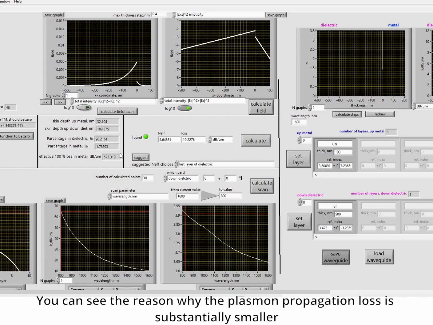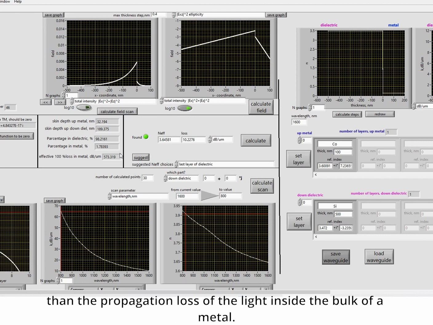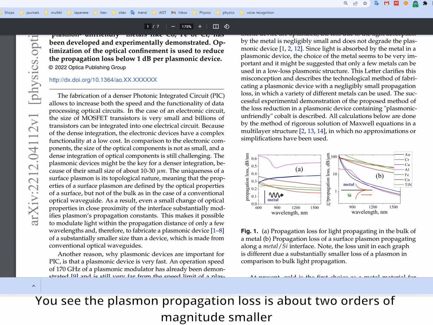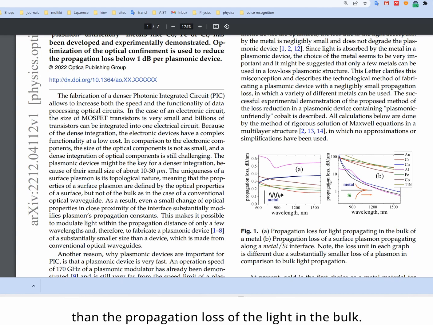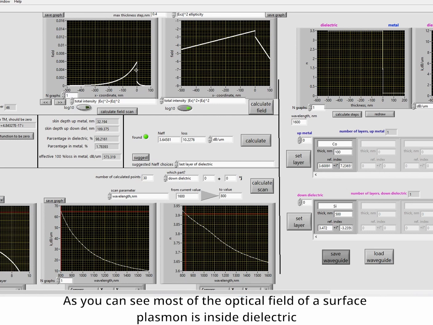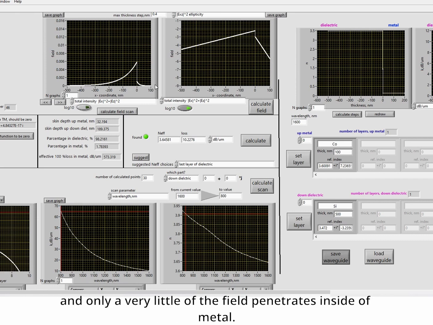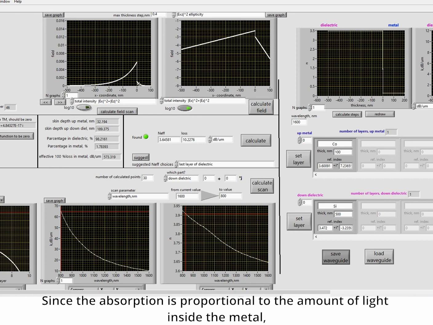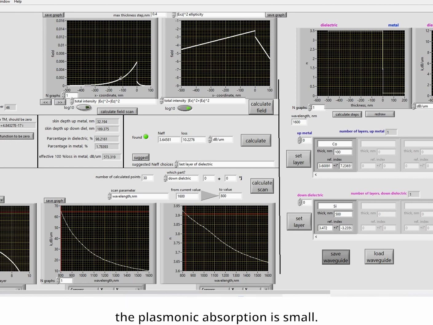Now you can see the reason why the plasmon propagation loss is substantially smaller than the propagation loss of light inside the bulk of metal. You see the plasmon propagation loss is about 2 orders of magnitude smaller than propagation loss of light in the bulk. Even these two graphs need to use different display units, decibel per nanometer, decibel per micrometer. The reason for such a large difference in loss is simple. As you can see, most of the optical field of surface plasmon is inside the dielectric, and only very little of the field penetrates inside the metal. Since the absorption is proportional to the amount of light inside the metal,